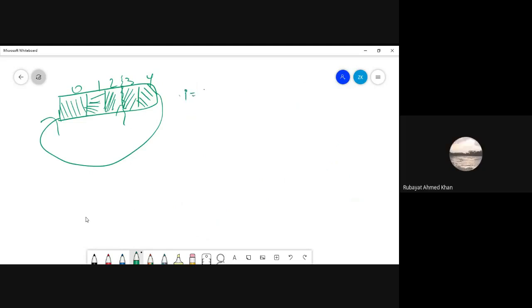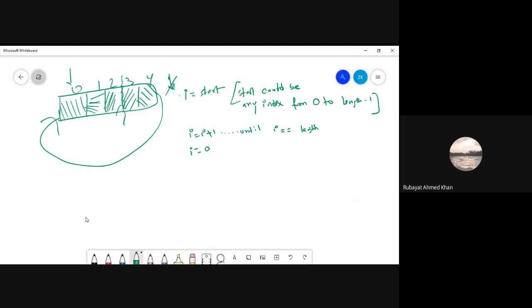So let's say I is equal to start, where start could be any index from 0 to length -1. তারপর we keep on moving forward, I equal to I plus 1 করতে থাকবো until I is equal to length. যখন I আমার length হয়ে যাবে, when I is equal to length, that means when I reaches at this point, then I'll make I is equal to 0. তখন আমি I কে 0 করে দিব। 0 মানে হলো তুমি শেষে পৌঁছে গেছো, এখন তুমি আবার 0 থেকে শুরু করো।